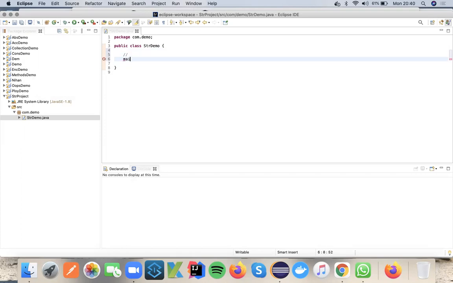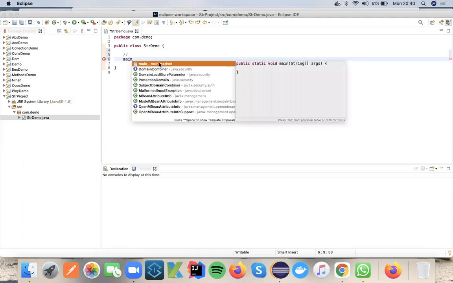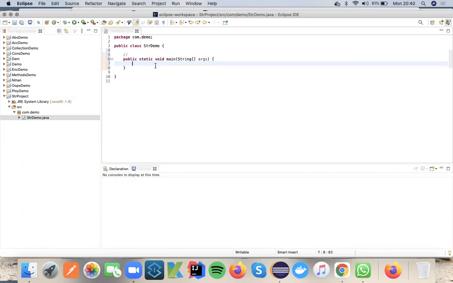Earlier, if you define a primitive data type like int or boolean, we declare int x equals 10. We cannot define int x equals new int of 10, because that is a primitive data type. For non-primitive data types, we can declare these predefined library classes in two different ways. One approach is the literal approach, and another is using the new keyword. What will happen when you declare using the literal approach, and what will happen when you declare using the new keyword?